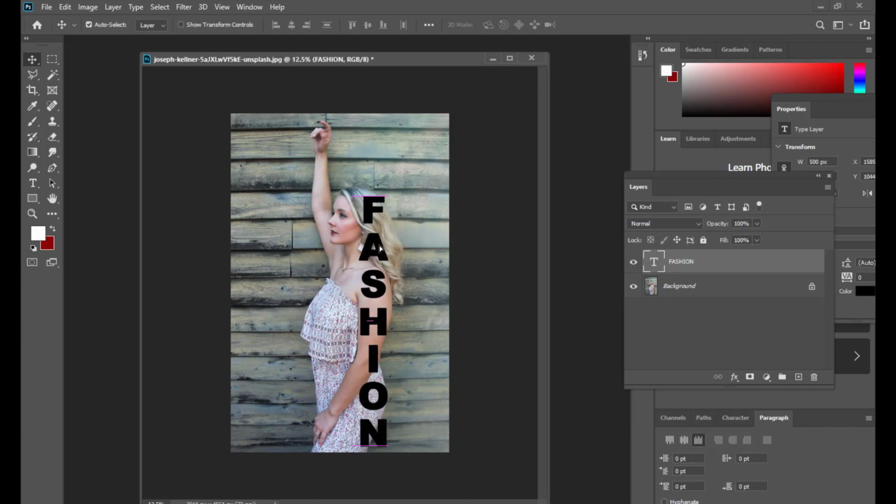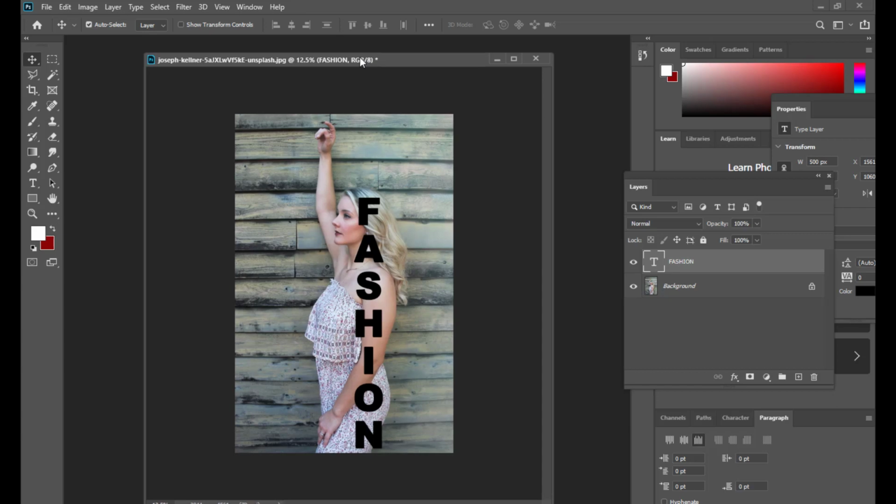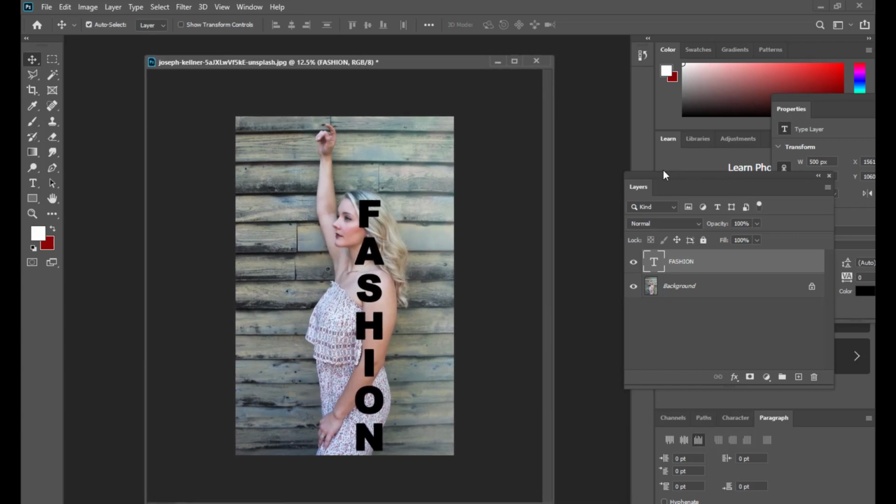Place it exactly to the side of this lady, and I have downloaded this image from unsplash.com, so you can check that site. That site has a number of high definition images, and they are also free, right? So once you have placed the image and the text properly, the next thing we have to do is